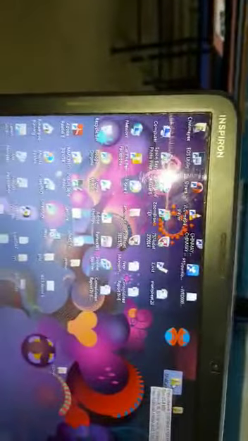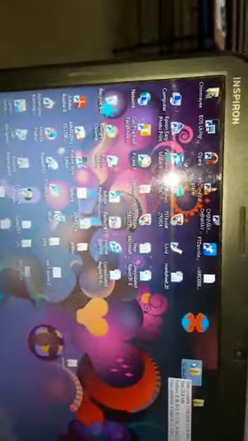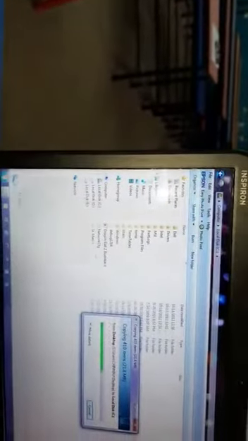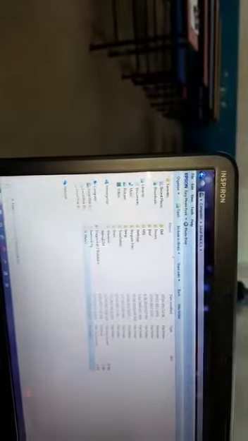This is the file which I am going to copy, and the key which I am going to use is Ctrl plus C. Once I have clicked it, suppose I want to paste it in the C drive, here I will press Ctrl plus V. Here the folder or the file is getting pasted, copied. Okay, the copying of the file is being done from one place to another. The file is being stored in both the places, the desktop as well as the C drive.